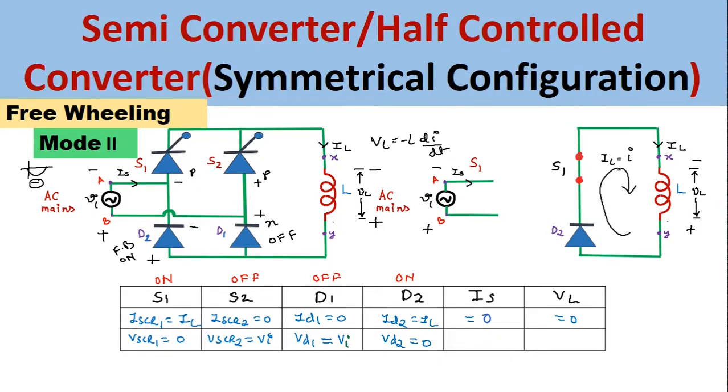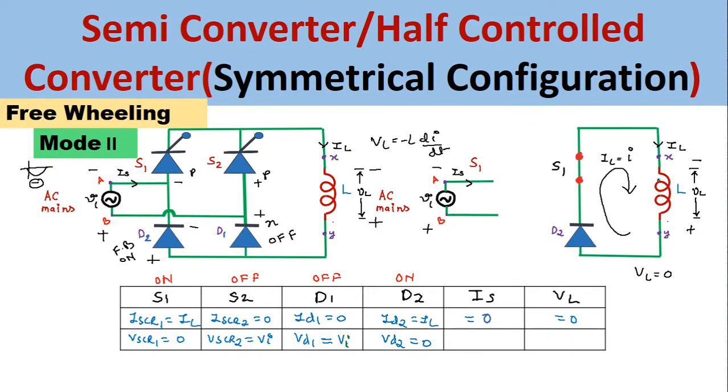So inductor current will be equal to load current in this condition, and since the short circuit is there, this will short the voltage VL here. So the load voltage in this condition will be equal to 0. Here we can see that due to the stored energy, or due to the self-induced EMF induced by this inductor, the current is circulating in this circuit inside this loop. Therefore, this process is called the freewheeling process.